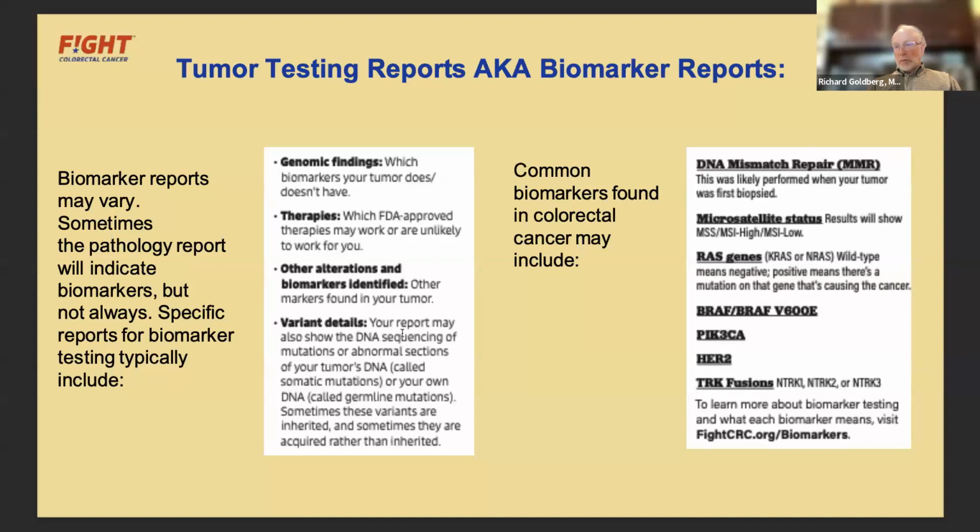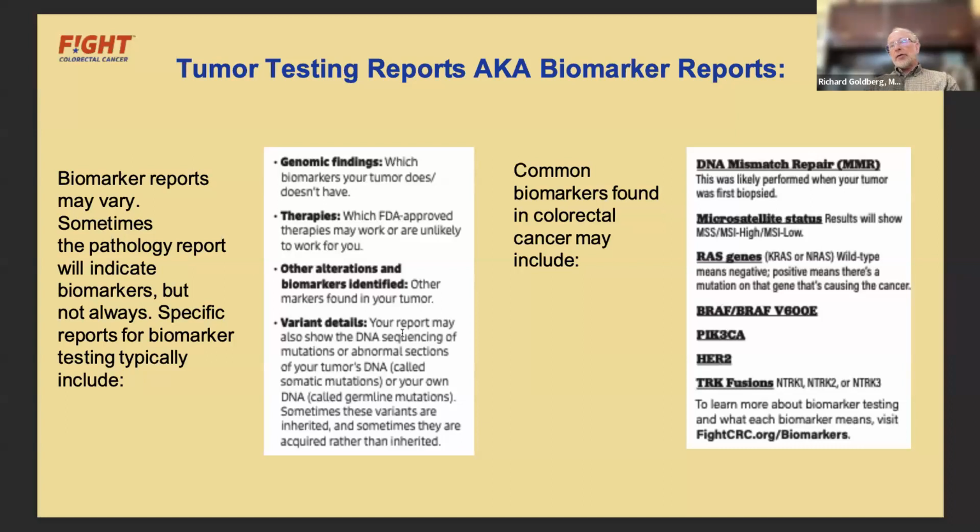So in summary, why do we want to look for DNA mismatch repair? There are two reasons. One is to see if it looks like a person has an inherited predisposition to cancer, so that we can let their family members know that they could be at risk and could be tested. And the other reason is because it changes our treatment. Using these immuno-oncology drugs can be dramatically effective in these patients and keep them from needing chemotherapy or other treatments and have a great outcome.